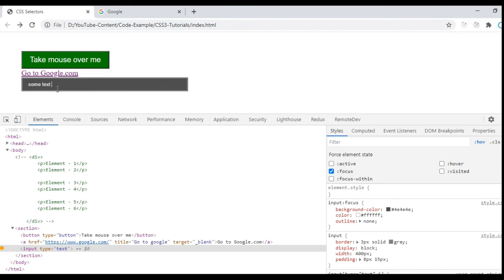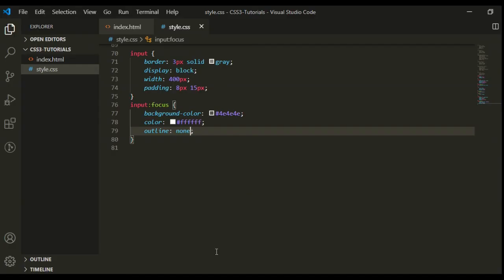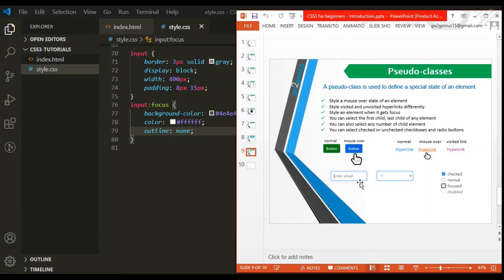Now you have seen how we can achieve the focus state for input, same as we can achieve the focus state for other elements like button and drop down select, text area, and other form elements like checkboxes, radio buttons. So let's use next pseudo class.